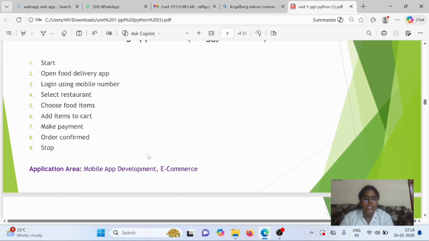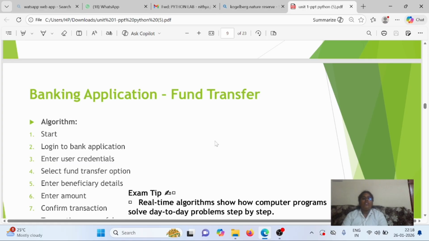So what are the application areas we are using here? Mobile application development and e-commerce. Second